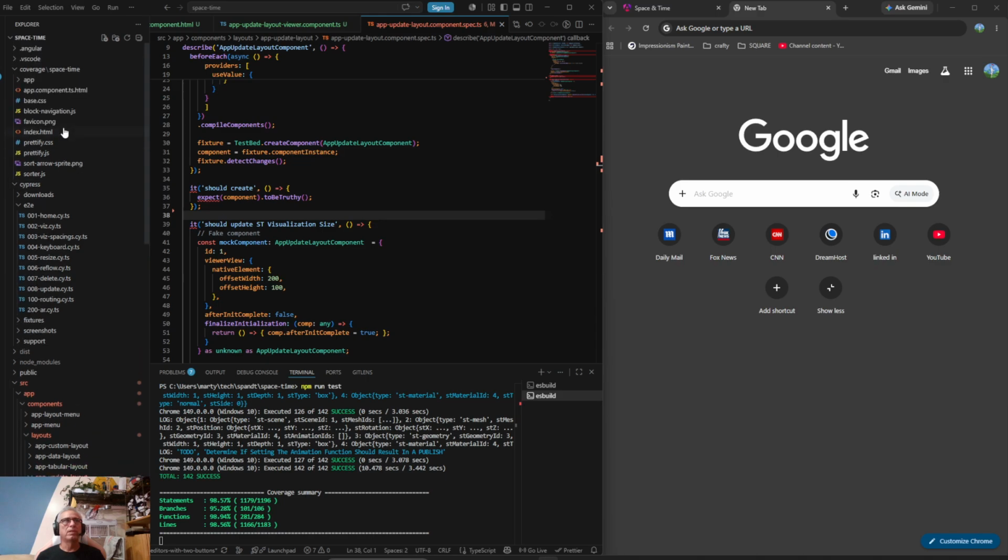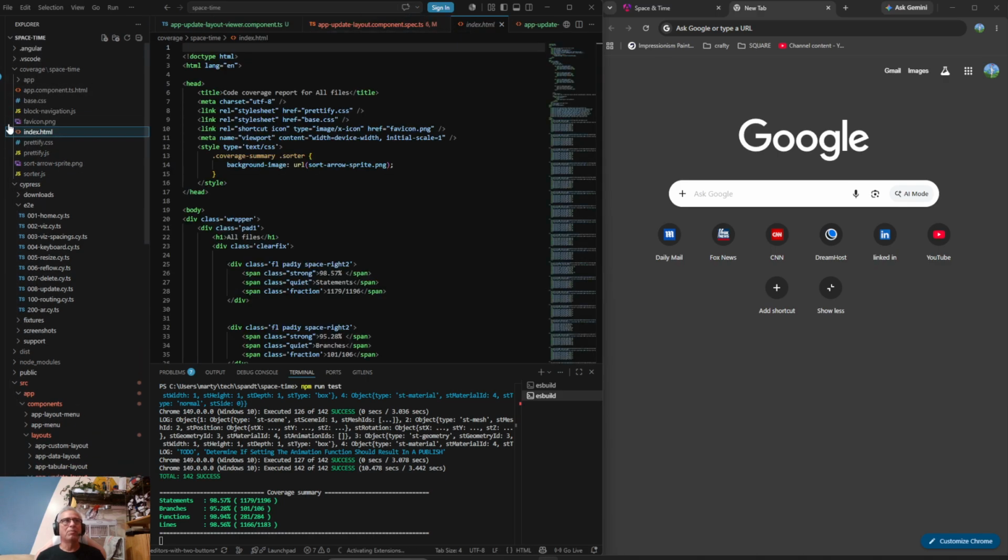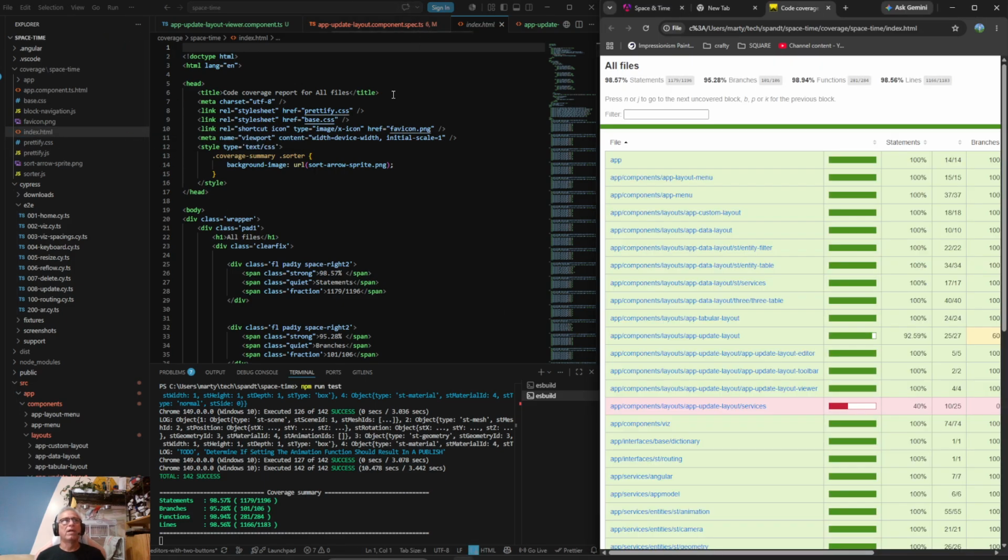So it runs with coverage. This, I think, is a bit of an antique. I don't know that this could be around much longer. I saw that Angular is kind of like, no, we're supporting both. We're not saying we're not supporting Karma and Jasmine. We support both. And now all of a sudden we're getting, would you like us to convert all your Karma and Jasmine unit tests to Vite unit tests? And it's just like, okay, yeah, very typical.